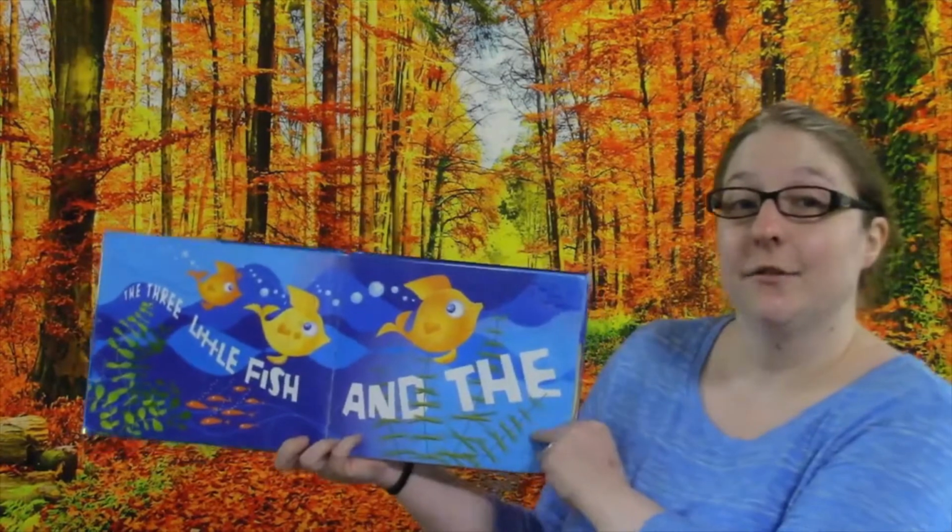So the first story is probably not just one of my favorite fish stories, but one of my favorite stories, period. It's The 3 Little Fish and the Big Bad Shark by Ken Geist, and it's illustrated by Julia Gorton, and it is published by Scholastic. You can see the 3 little